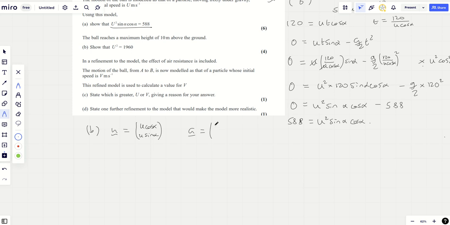A is 0 minus g. S is 60, 10. And I just guess once again we'll write down t. Oh, well, actually we could write down the velocity, because we know that the vertical component will be 0 here. And from that we can see that using v squared equals u squared plus 2as,